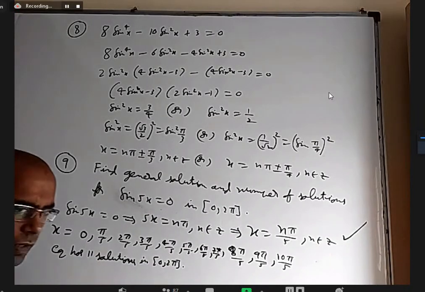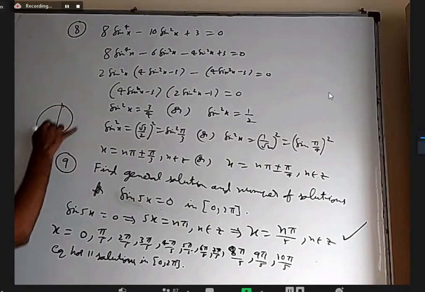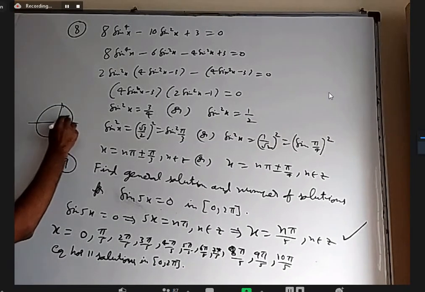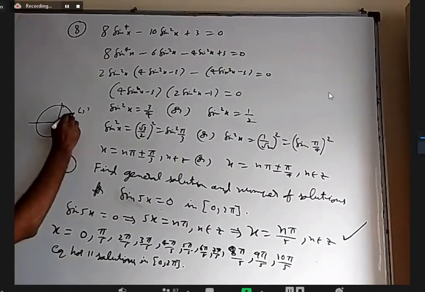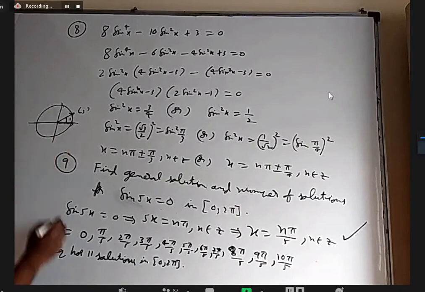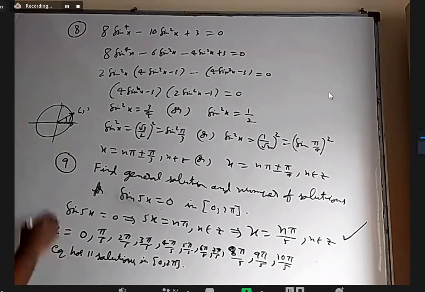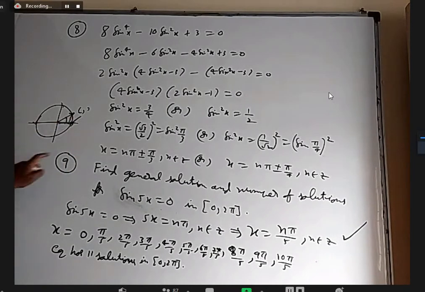I can tell directly. If you look at the unit circle, the original definition of sine and cos, you take this initial ray, turn an x angle, and the tip of that will have some x coordinate and y coordinate. That x coordinate, basically this length, is cos theta. That y coordinate, basically this length, is sin theta. Sine will be 0 here and here. So in one rotation, you'll get two solutions.